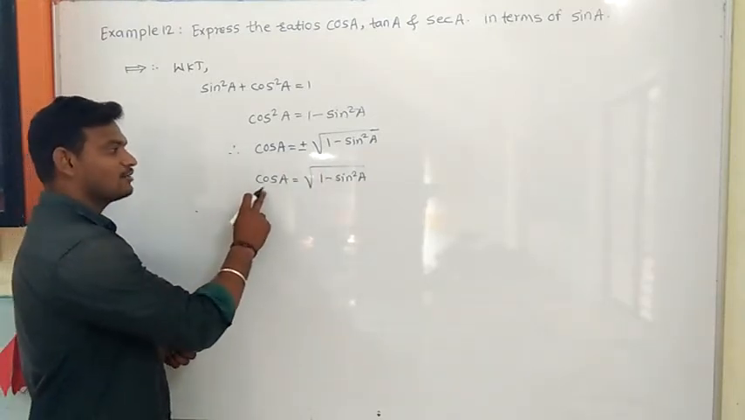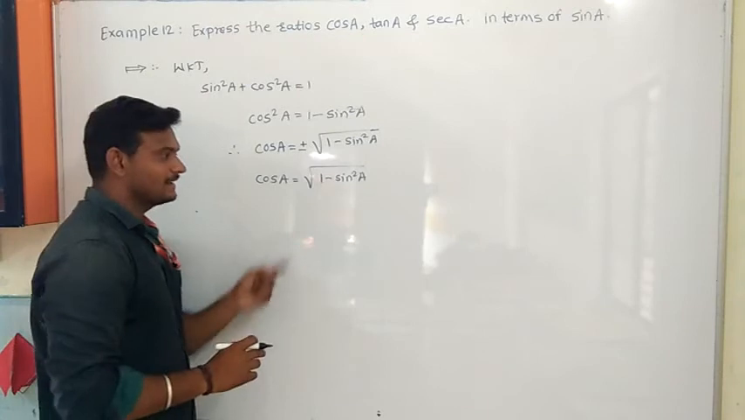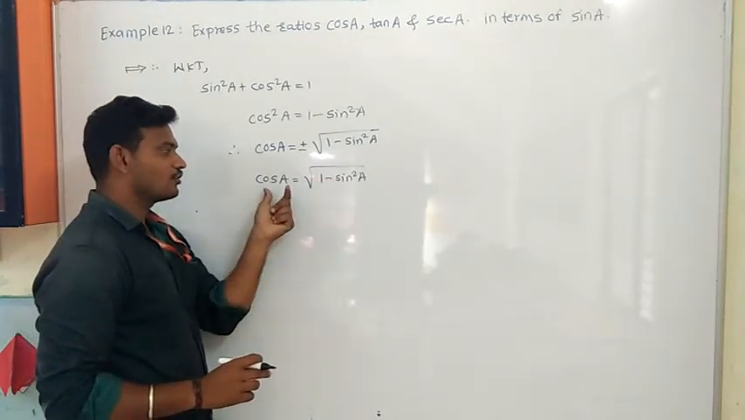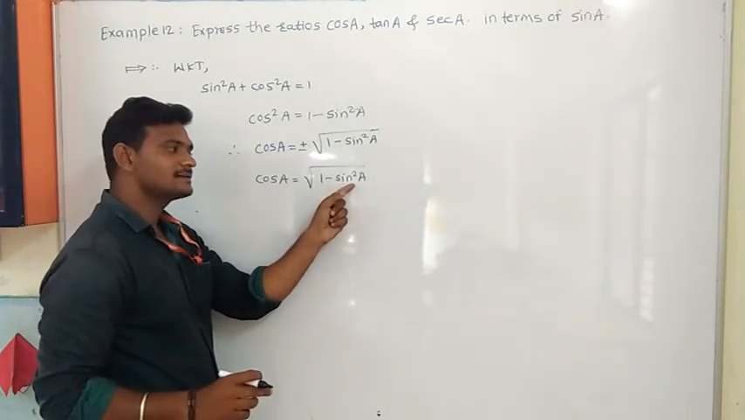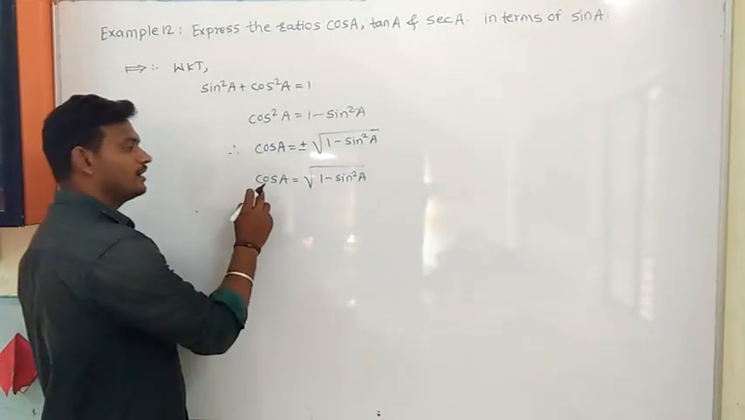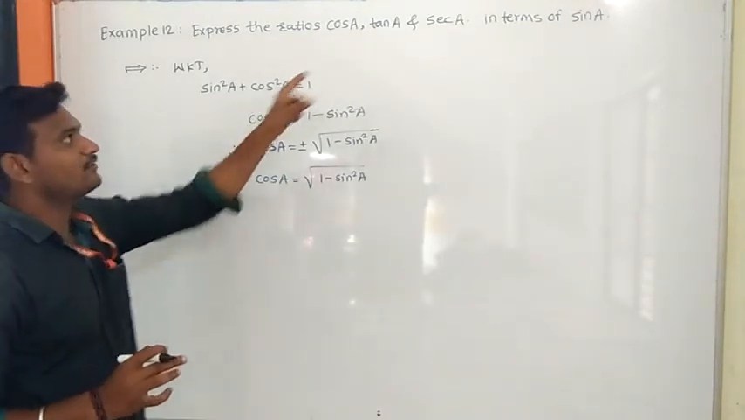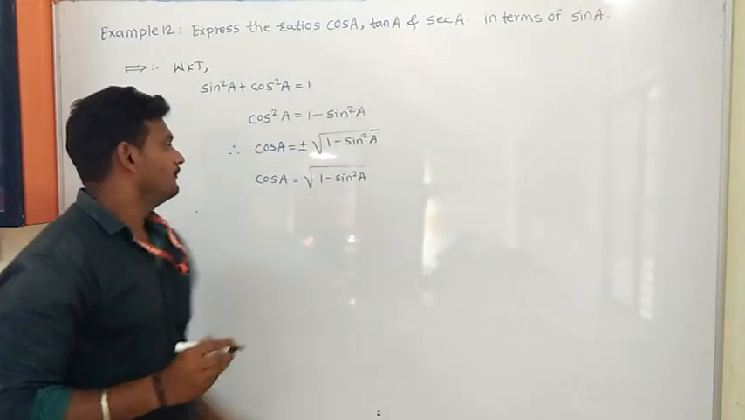We have expressed the cos A in the terms of sin A or not? सिन A in the terms of sin A आया क्या नहीं है? देखो cos A is equal to in the terms of sin A आया ना? Sin A is there. Therefore, we got cos A in the terms of sin A. Similarly, we have to find tan A also. We know that